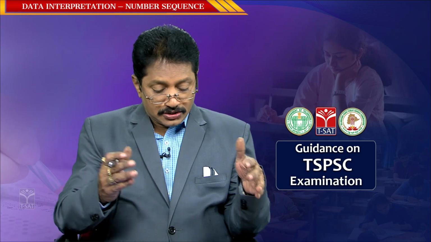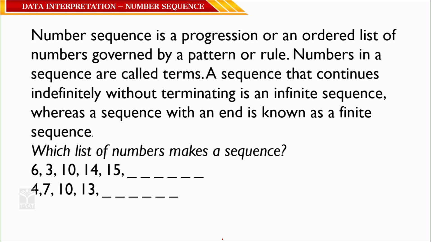Clear? Okay. So here I am going to discuss a few numbers like 6, 3, 10, 14, 15, one sequence, and 4, 7, 10, 13, another sequence. Is there any relation between the numbers in the first sequence, can you find it? No, correct? So we cannot call the first one a specific sequence. But when you consider 4, 7, 10, 13,